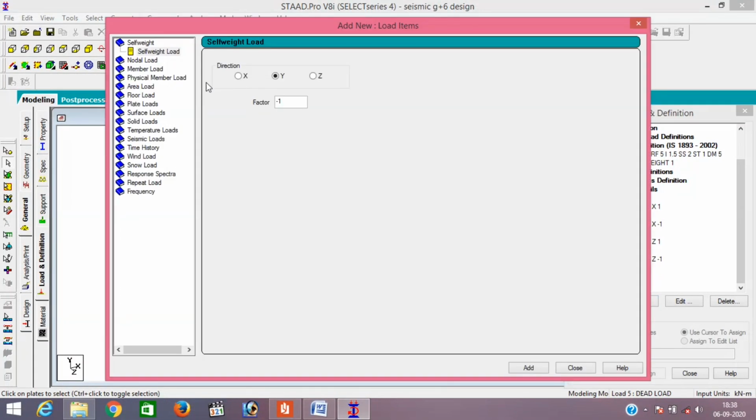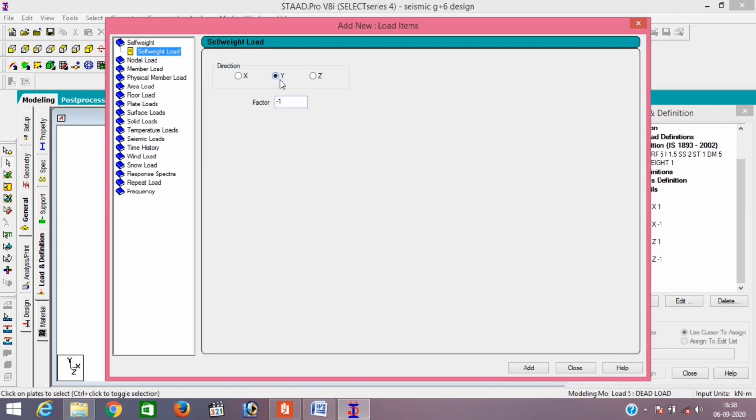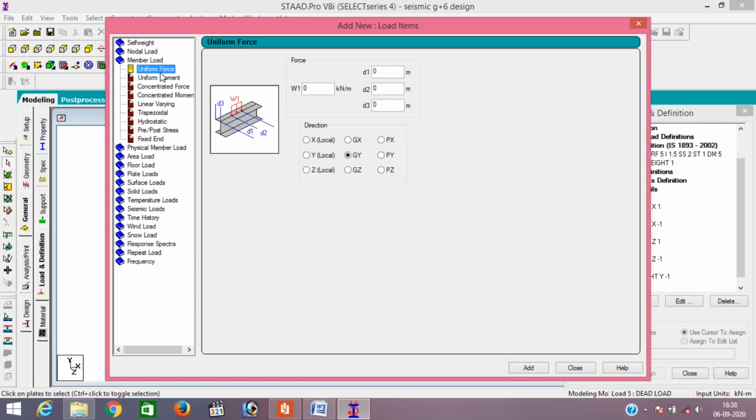So firstly select the dead load, then add it. For adding, we just go to the member. Firstly select self weight. So self weight is in y direction, factor is -1. Then add it. Second one is the member load. So for member load, uniform load. For parapet it is -4.9.